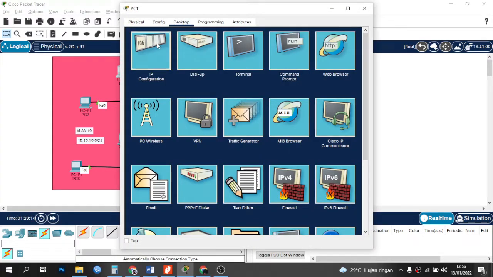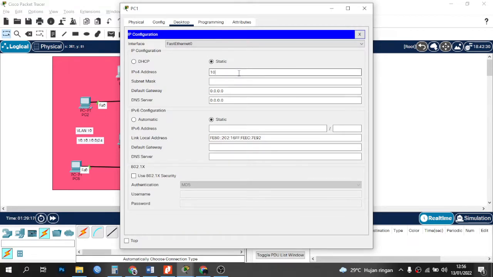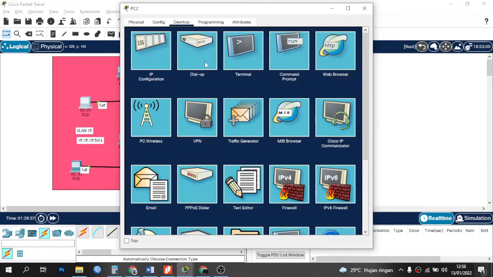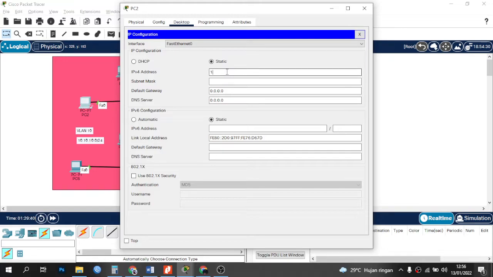PC1 desktop, IP configuration, IP 10.10.10.1, subnet mask 255.255.255.0.